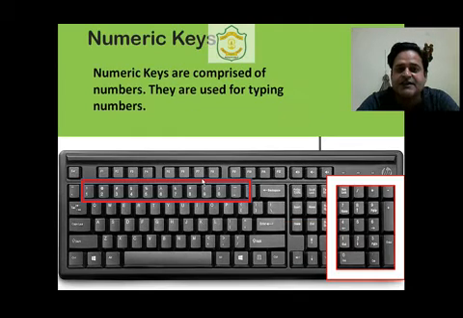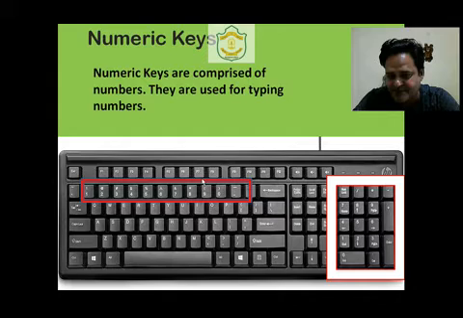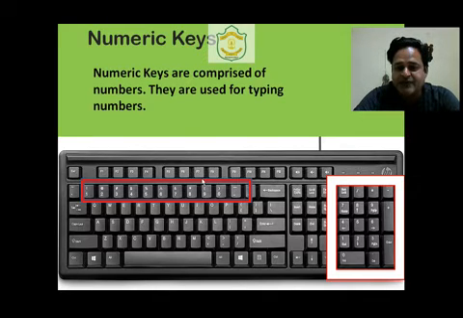So now our next section is numeric keys. From its name you can easily understand what numeric keys means. Numeric keys are the keys which we use to enter or input numeric values. Numbers means 0, 1, 2, 3, 4, 5, 6, 7, 8, 9. So these keys are used for entering numeric values. In our keyboard, if we are using a desktop computer, we have two numeric options.